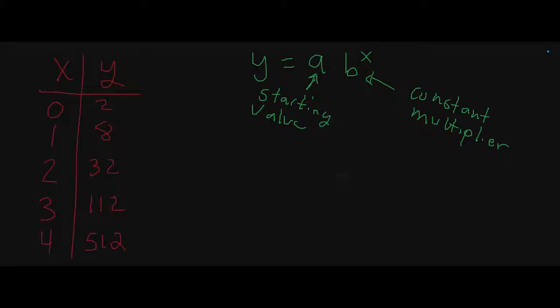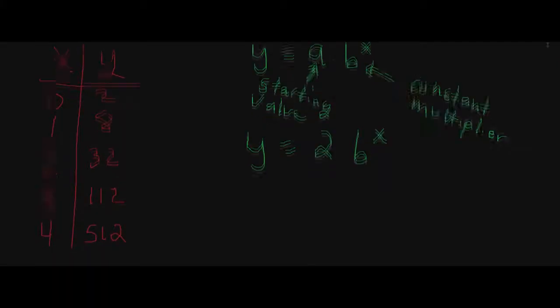So our starting value is going to start here when x is 0, right? When nothing happens, we haven't changed yet. So when x is 0, our starting value is 2. So we have this equation, y is equal to 2 times b to the x. Now we just need to find our b value,